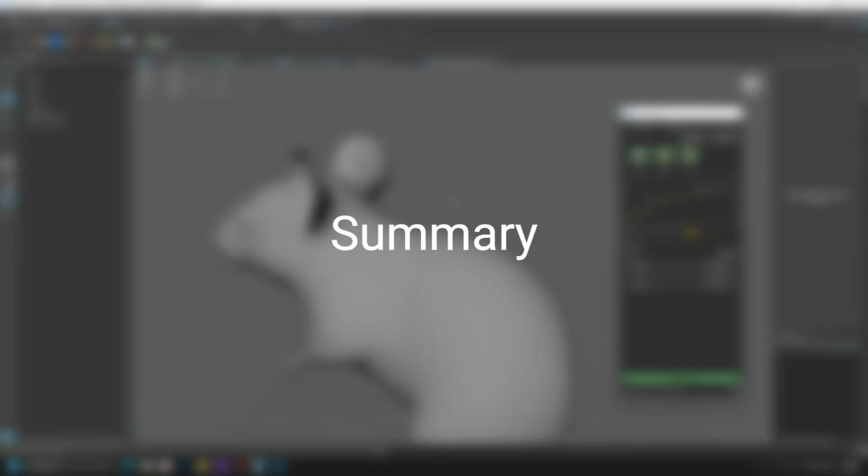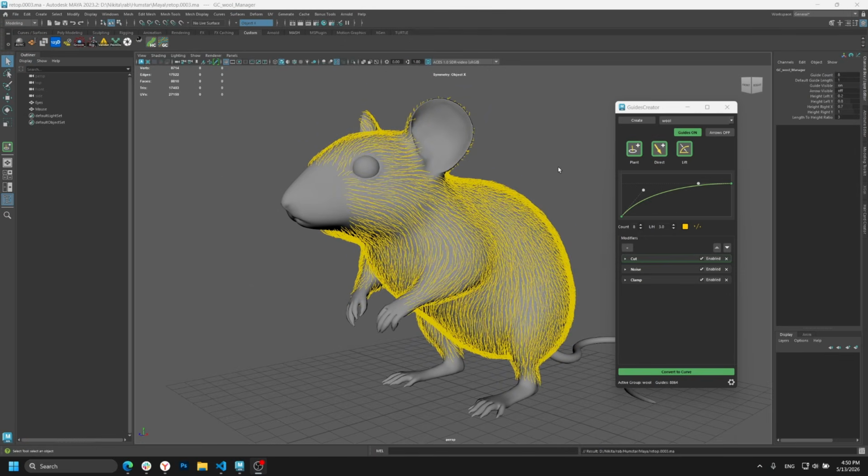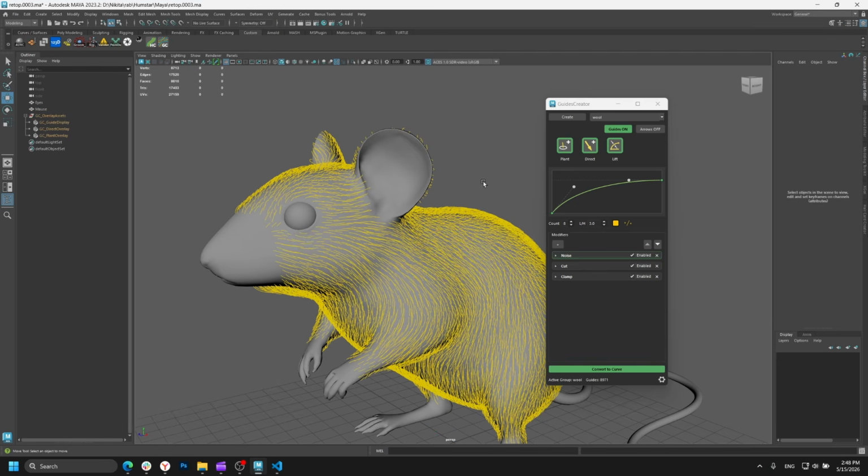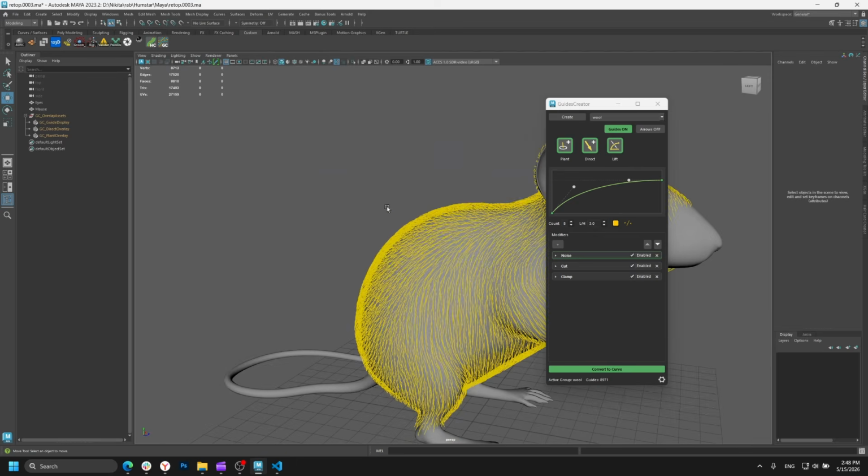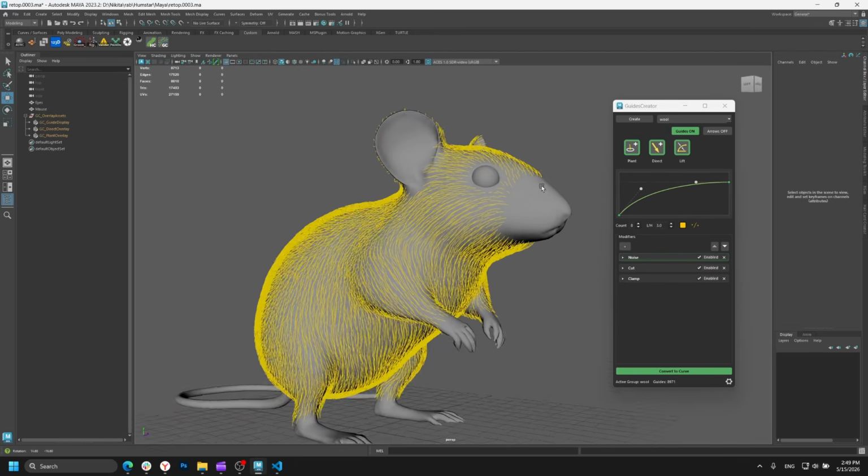Guide Creator is focused on fast guide curve creation inside Maya. It includes guide groups, interactive viewport tools, samples, CPU and CUDA backend modes, profile shaping, a modifier stack, and final